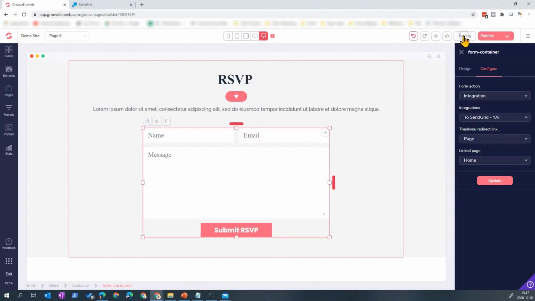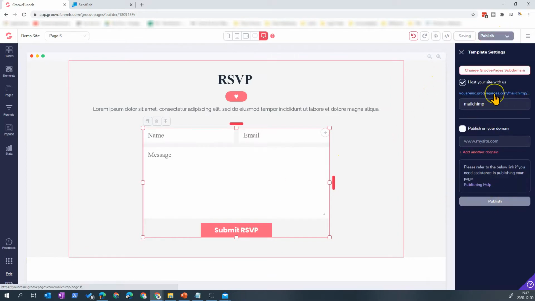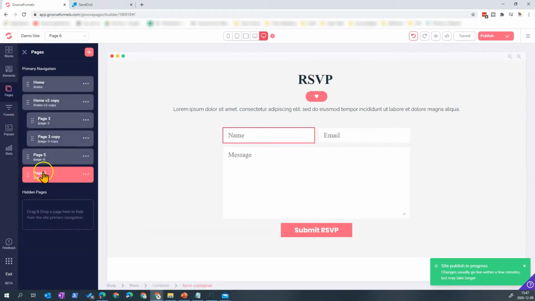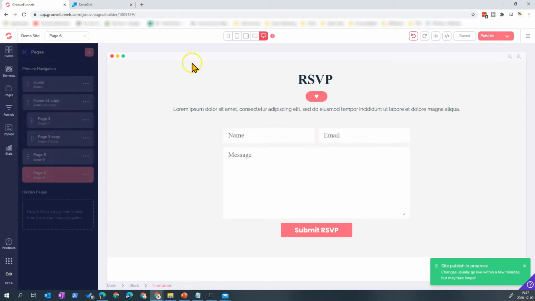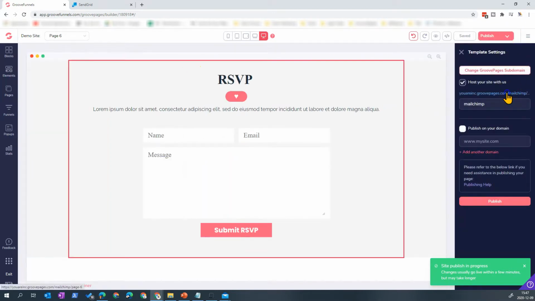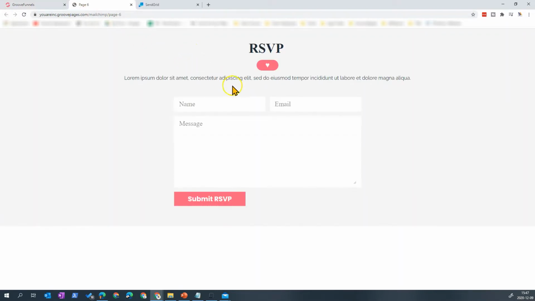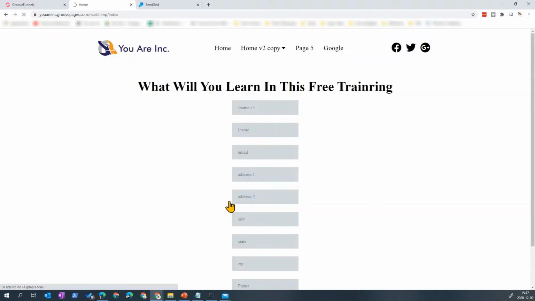We will save that and publish. So everything is published. The page is named page 6. So I will come here, page 6, and enter a name. So I'm trying it, clicking send, it says sent, and it returned to the home page.